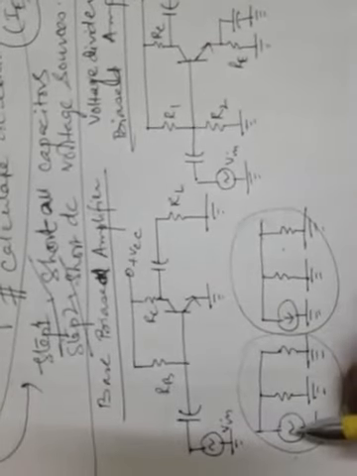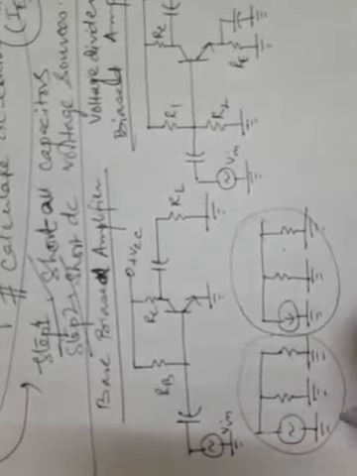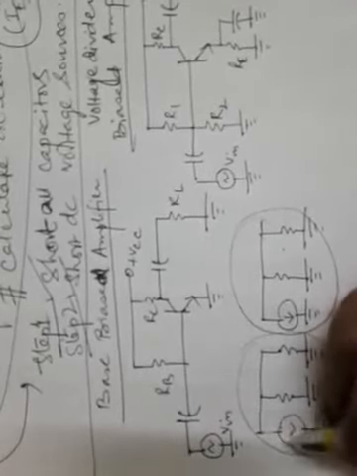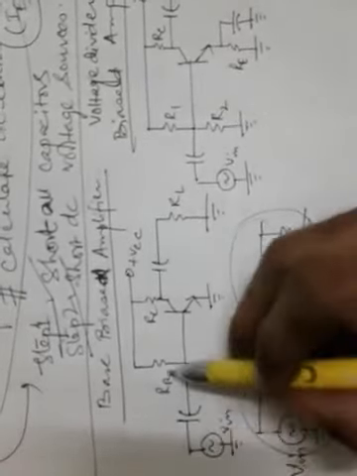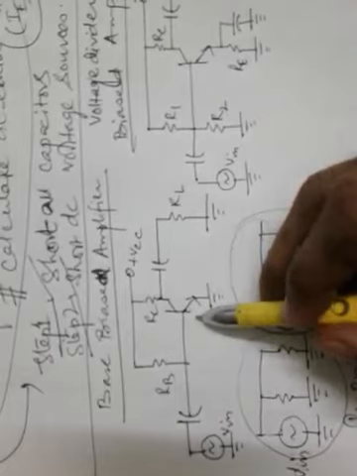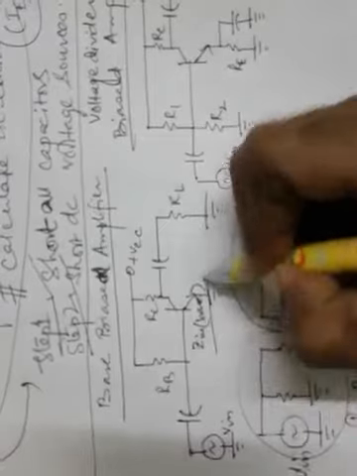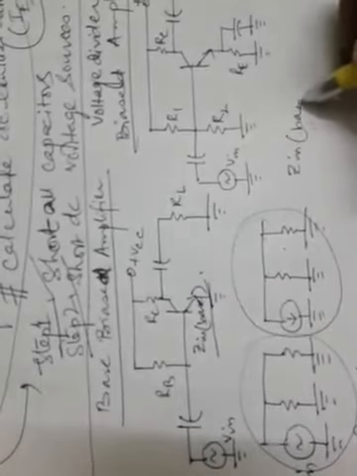You can see from here, this is the input side and this is the output side. This is nothing but a pi model. You can check from its shape, it is a pi. This is the input side of the circuit, and so this voltage source will be given here, and along this voltage source there will be a parallel resistance RB, and the input resistance of this transistor, or rather the input impedance Z in base. We have seen how to calculate the value of Z in base. Z in base was how much? Beta Re dashed. We have calculated it a little while earlier.